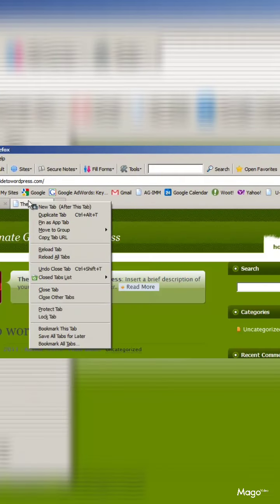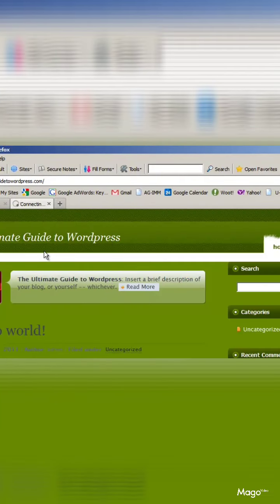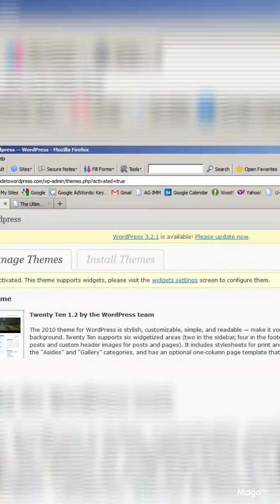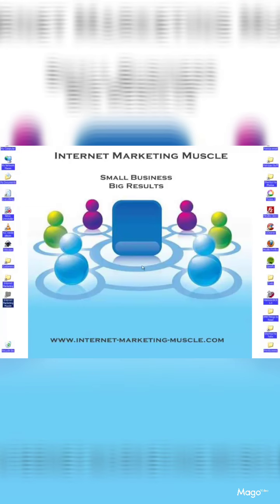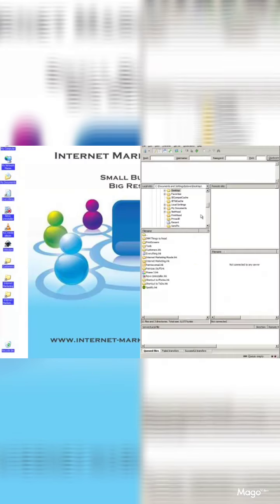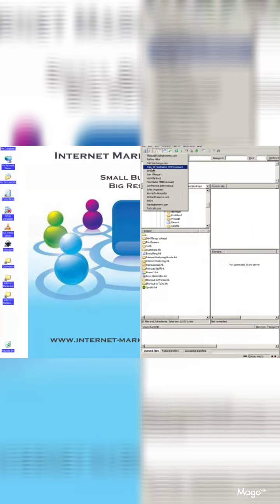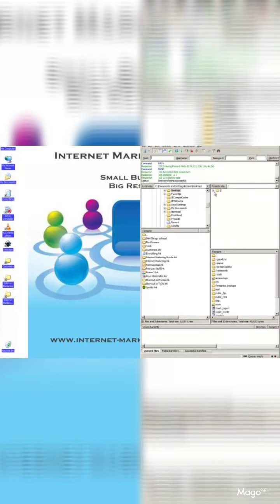Let's go back and reactivate the basic one, and make sure that it loads. Good. The last basic way to do this is to use an FTP client like FileZilla. Log in, go to your domain,